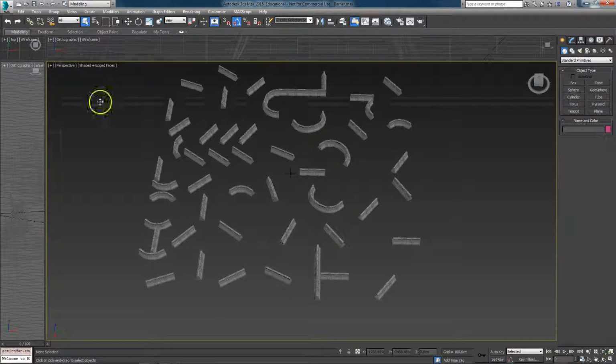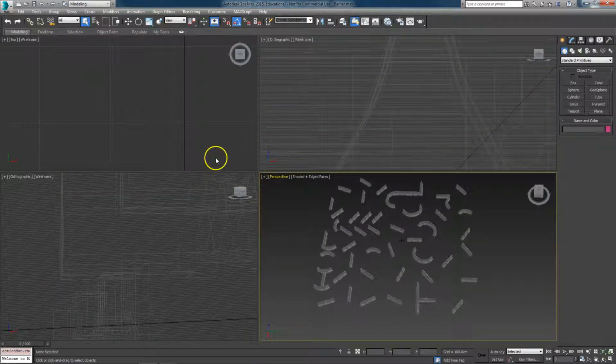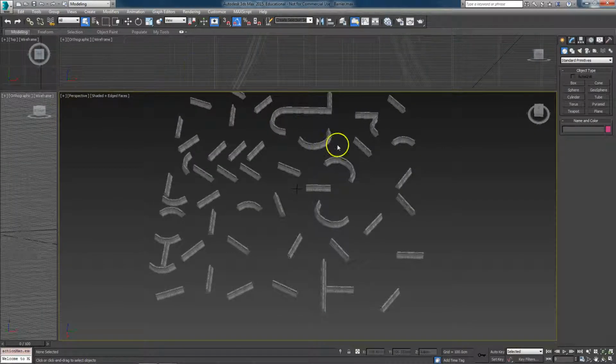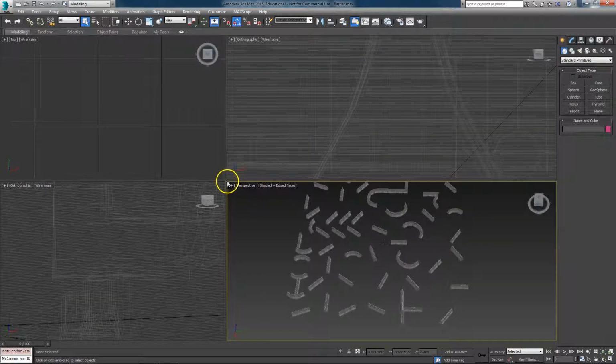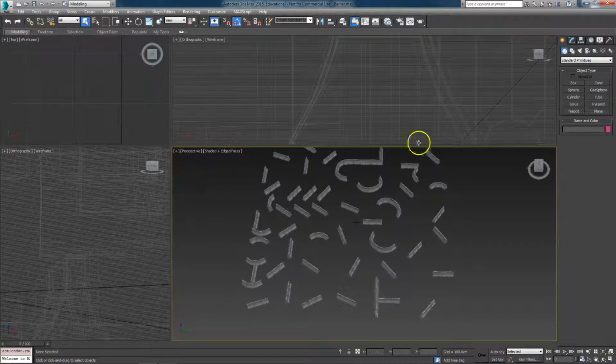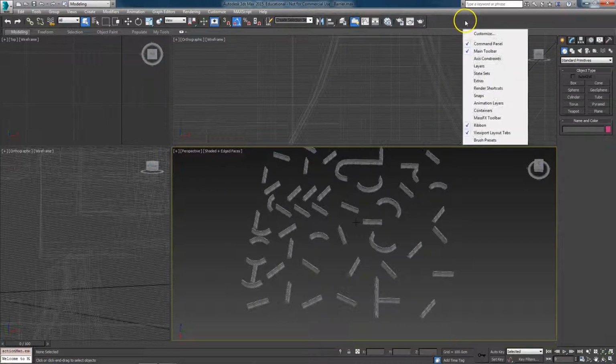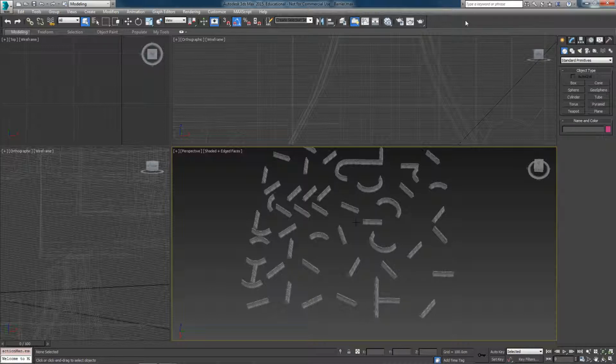So what I see is a lot of this, especially when dealing with a four-window process, is grabbing this and dragging it up here, which works, but you end up wasting a lot of time going back and forth. So the nice thing is that Max developed a process that allows us to customize our window